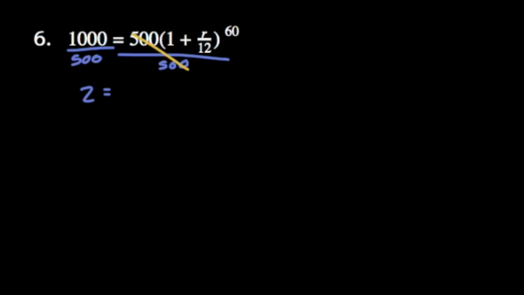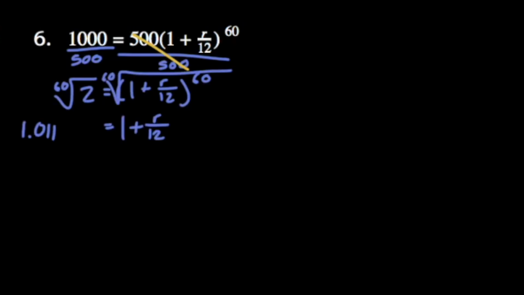So let's cancel these out and get 2 on the left side. Then we'll have this big set of parentheses 1 plus r over 12 to the 60th power. But in this problem, I'm actually not going to take the log of both sides because the variable I'm trying to solve for isn't in the exponent. I do have to get rid of the 60th power, so I'm going to take the 60th root of both sides, and you get